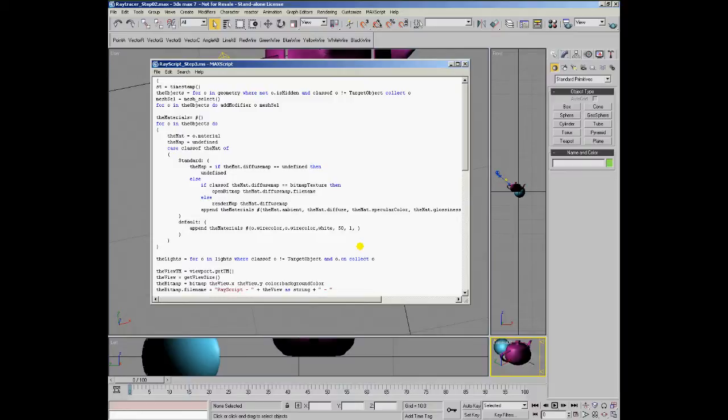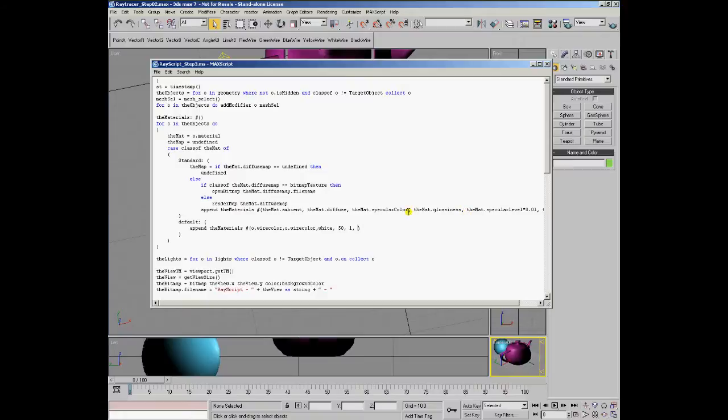So the specular level will be basically 100. And we're also going to pass an undefined as the map, since we don't actually have any texture mapping in this case. Now that we have this function, we can implement another function